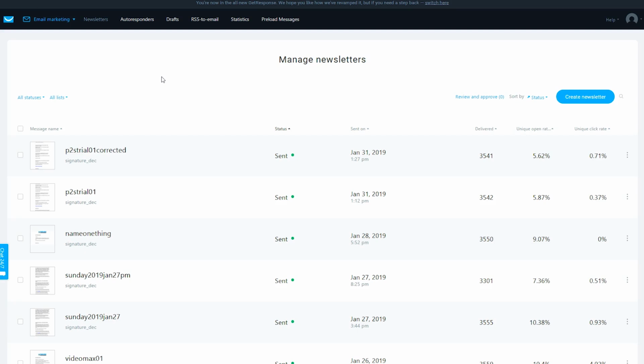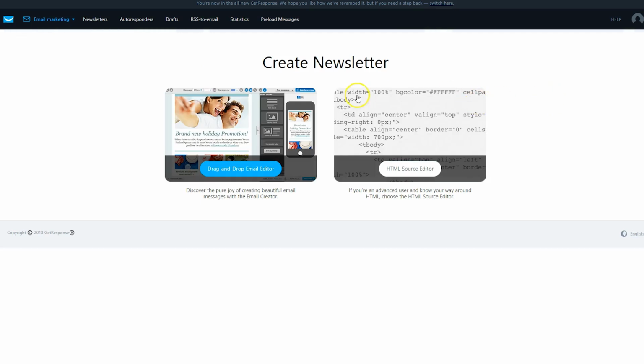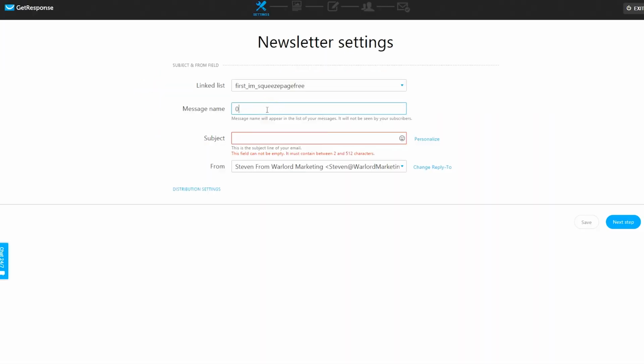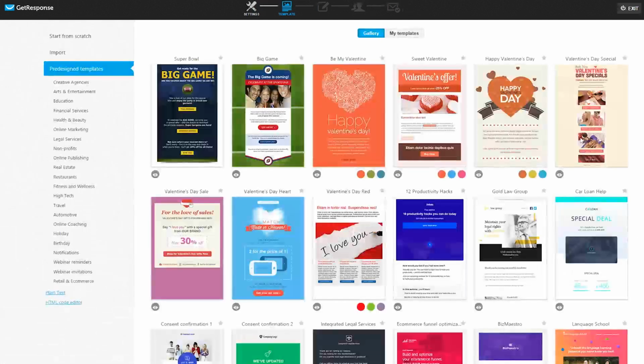So first, let's go over newsletters. If you wanted to create a newsletter, you would do that once again in real time. You could use your drag and drop email editor. There's an HTML option if you are sort of a coder and you know what you're doing in that area. However, it's recommended that you just use the drag and drop builder, and pretty much every autoresponder platform out there